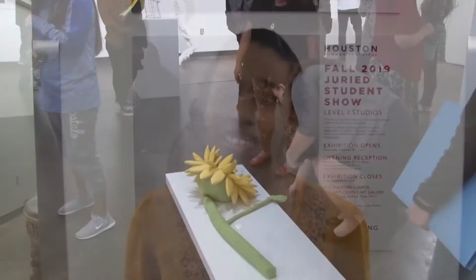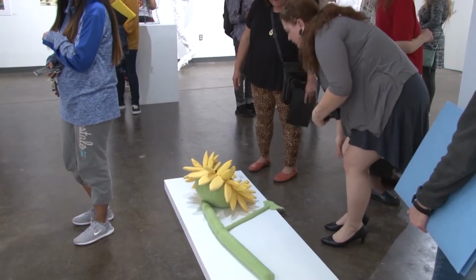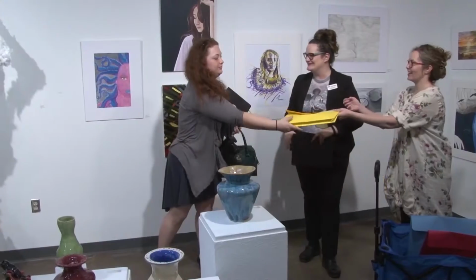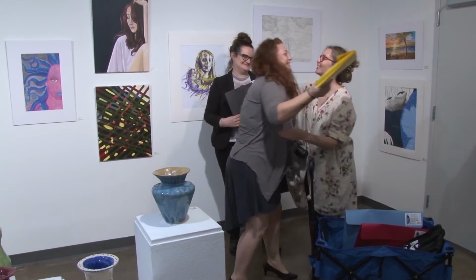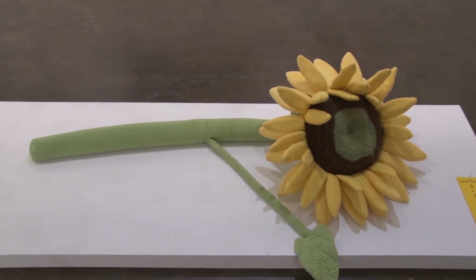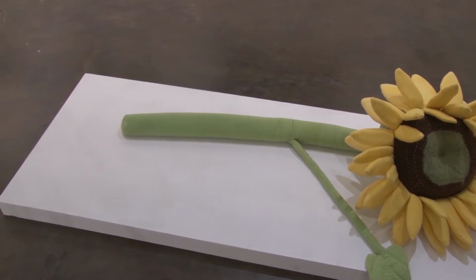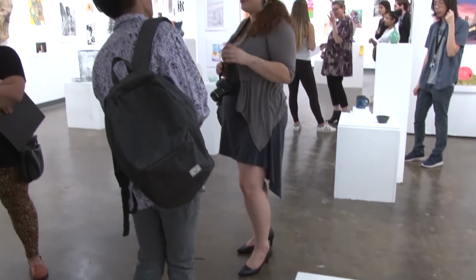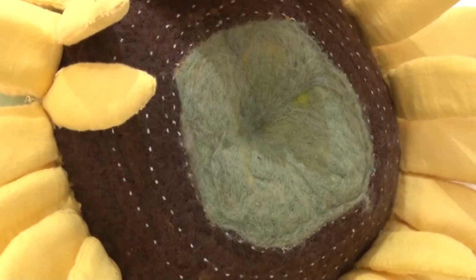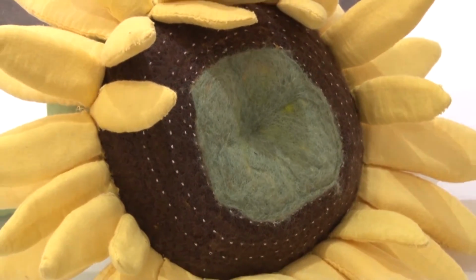So the sunflower was a piece that my teacher gave me as a challenge because I'm a Sculpture 2 student, and it was something I have never done before. I have prior knowledge of stitching and fabric work because I made my kids' outfits when they were younger, and so my sewing machine decided to break in the middle of my sculpture, so everything is hand stitched and hand